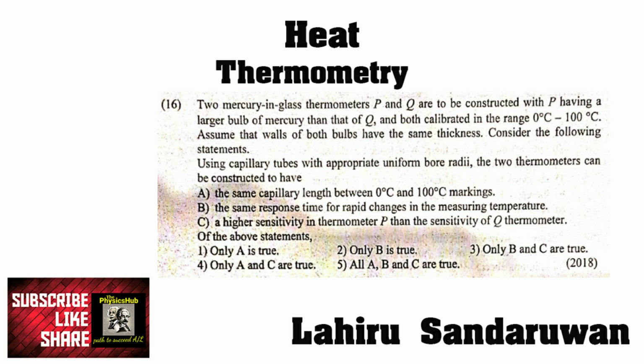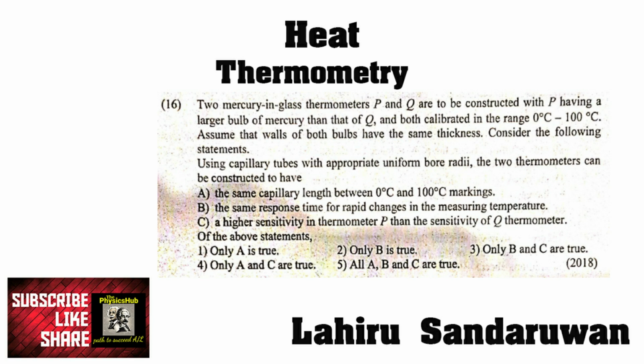2 mercury in gas thermometers P and Q are to be constructed with P having large bulb of mercury than Q. The both calibrated in range 0 to 100 degrees. Assume that walls of both bulbs have same thickness. Consider the following statement. Using the capillary tube with appropriate uniform bore radius, the 2 thermometers can be constructed have